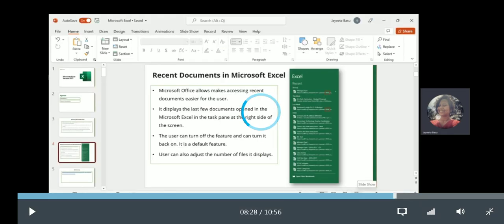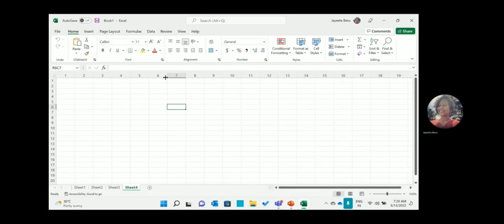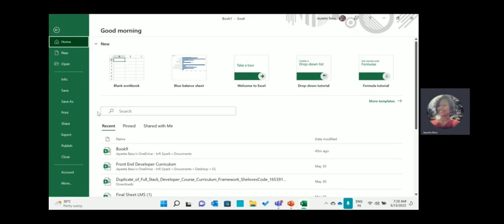And we go to Excel and we go to the File ribbon menu. Once you click on it, you will see Recent, Pinned, and Shared by Me. We will be just talking about Recent right now. Now, here are all the files that I have been using. As you see here, I opened this 49 minutes ago. So you can use the recent documents anytime that you would want,